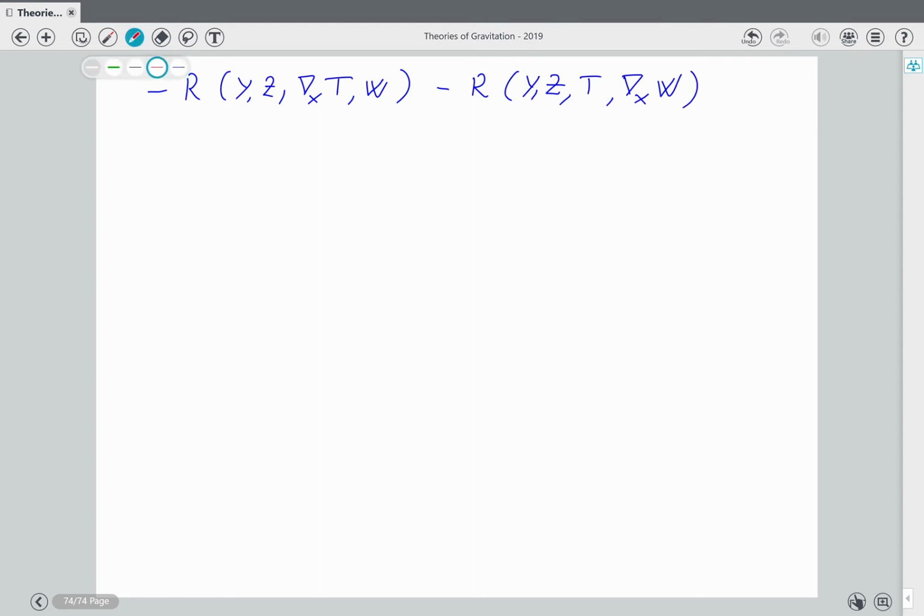So again, this is an exercise, and in the exercise you have to highlight if and where you need to use